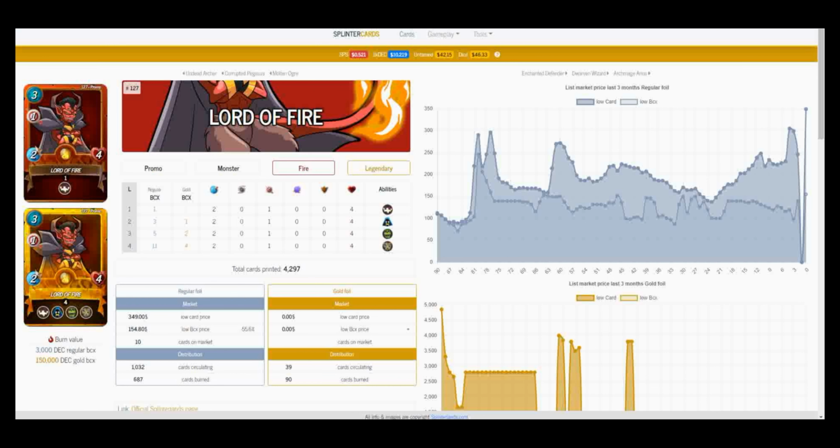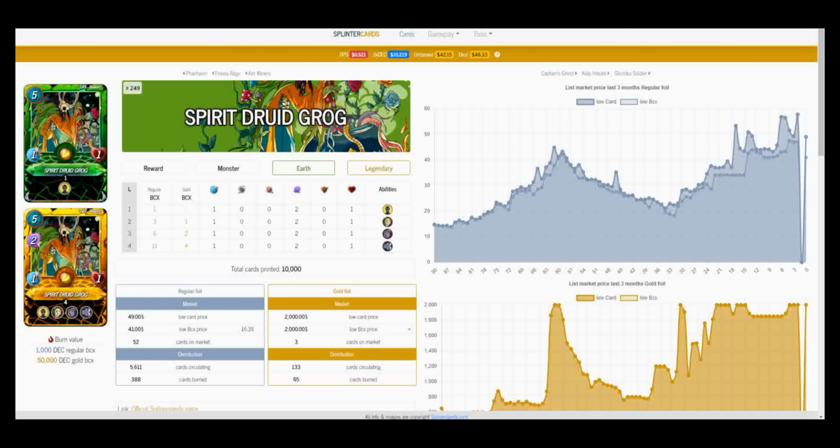So Dr. Blight will be about 5 times more available than this Lord of Fire card at $349. So what other options do we have? Well, another option that we could look at is Spirit Druid Grog. Spirit Druid Grog is an Earth legendary, 5 mana, also 1 speed, low health at 1, but it does